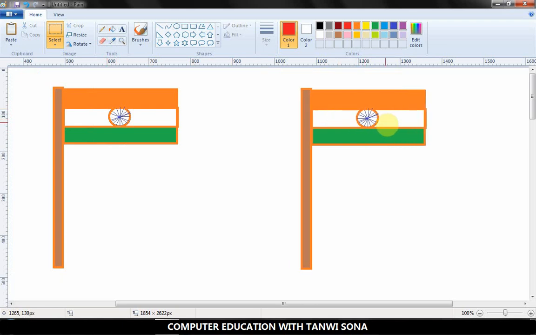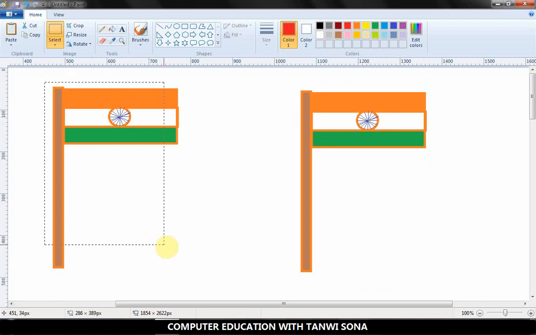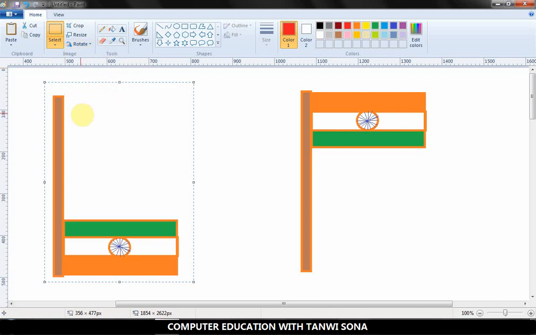Now I want to work on one part of the drawing to make you clear about other options present in the rotate button. So click on this rotate, go to this flip vertical. See what happened. This image is vertically flipped. It has created a mirror image of your original image.